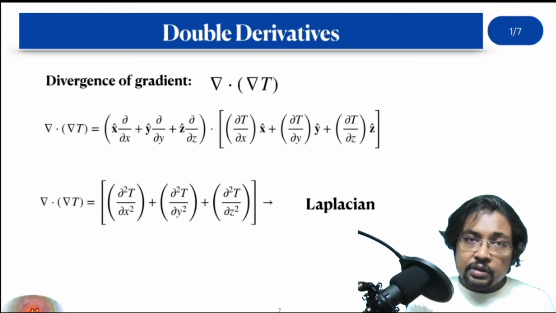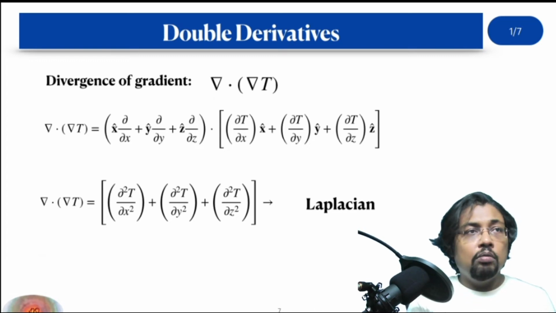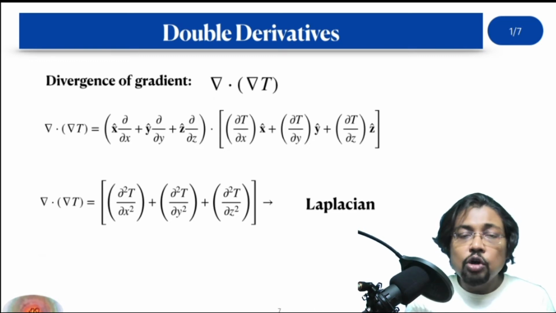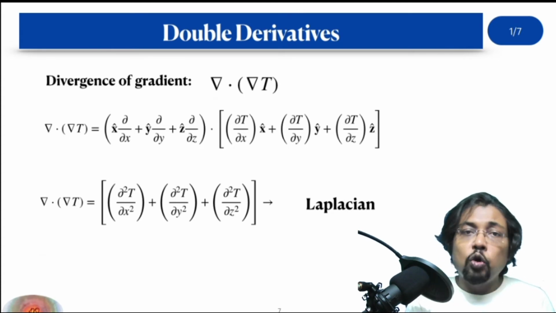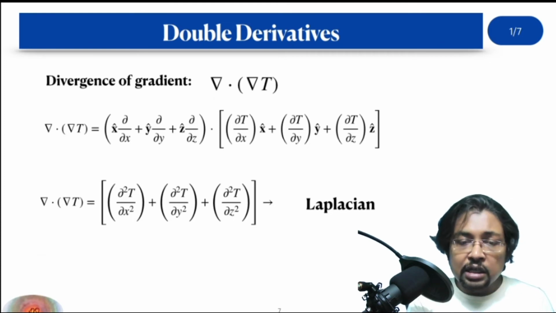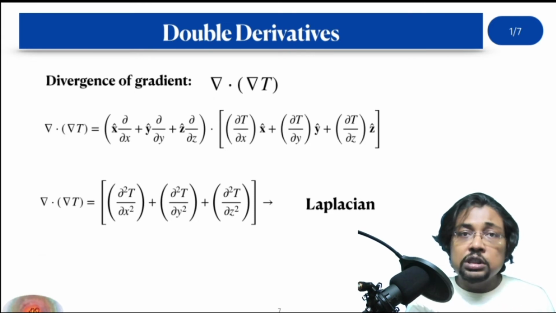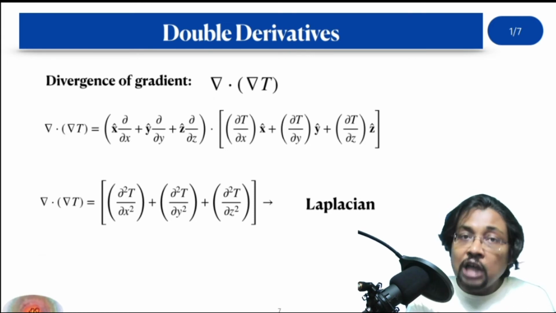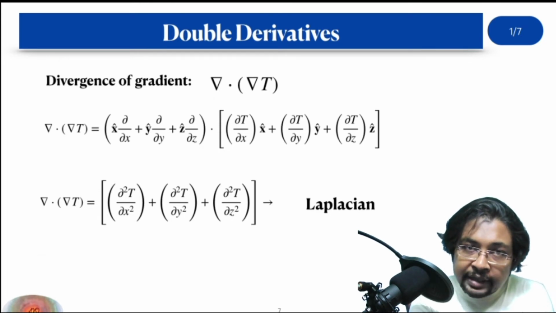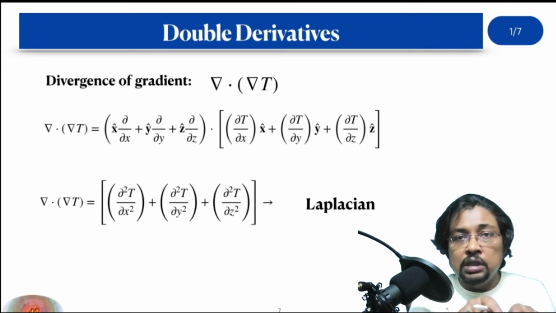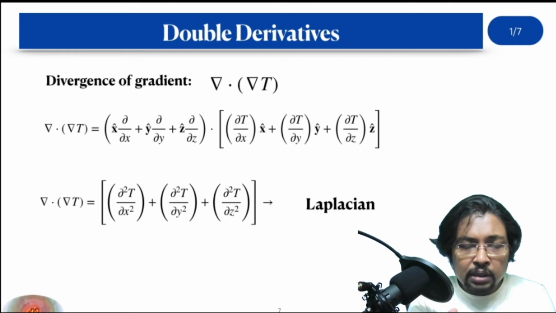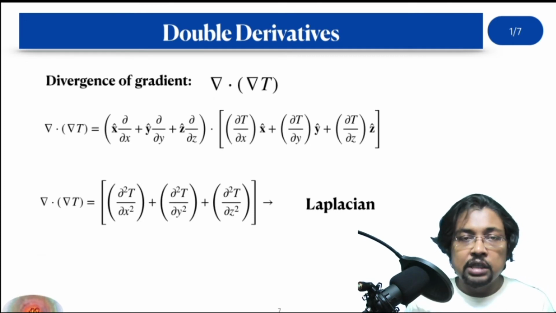So if the rate is constant, that means whether you are nearer to the heat source or far away from the heat source, the change in the temperature as you are moving a constant 1 meter distance at each and every moment, if you observe the decrease or increase of the temperature is constant, remains fixed, that means it is not diverging. The gradient is there, but it is not diverging. The rate is constant, but in reality, it doesn't happen.